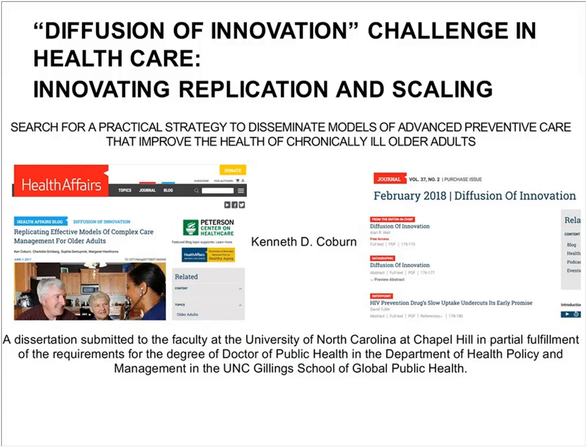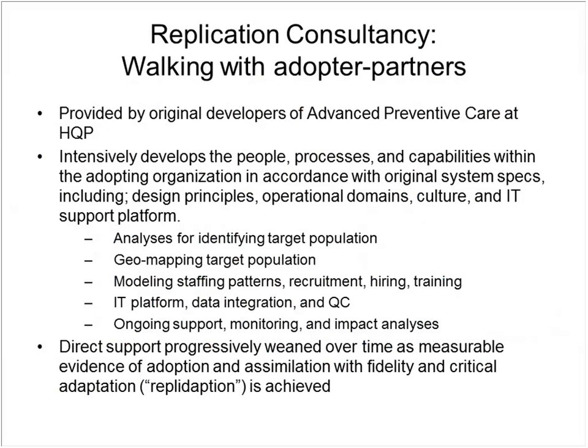Next slide, please. Out of my research came this concept that we are now using at Health Quality Partners that we're calling Replication Consultancy. It was actually suggested to me by a CEO of a health system that I was interviewing as part of my research, who described it as something they would be interested in using as a way to adopt these kinds of more demanding, more rigorous models that are clearly a little more challenging to implement from scratch. And the concept was to have the originators of the model, in this case Health Quality Partners,